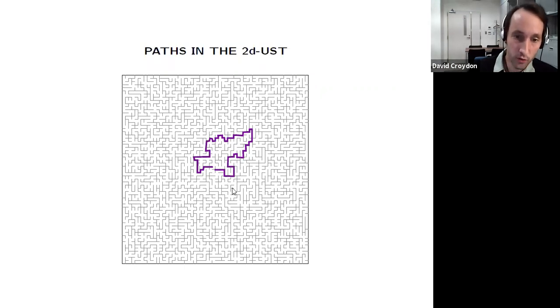If you don't know what a loop-erased random walk is, this was a process introduced by Greg Lawler. Basically, we run a random walk, and every time it makes a loop, we delete it and carry on. This is a recurrent graph, so eventually it's going to hit any other point. If we run this loop-erased random walk from one point to the other, we eventually generate a simple path between them, and this exactly describes the distribution of the path in the uniform spanning tree. That's a very strong connection between these two models.